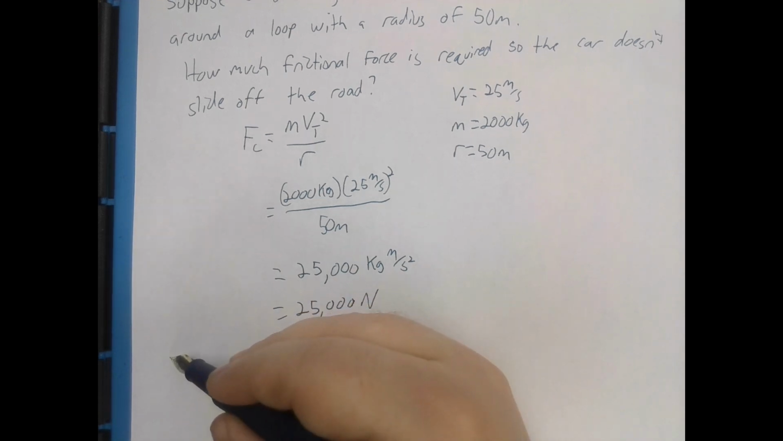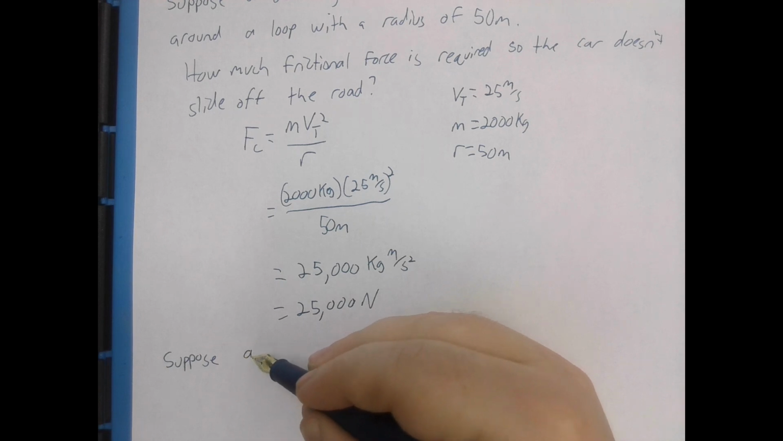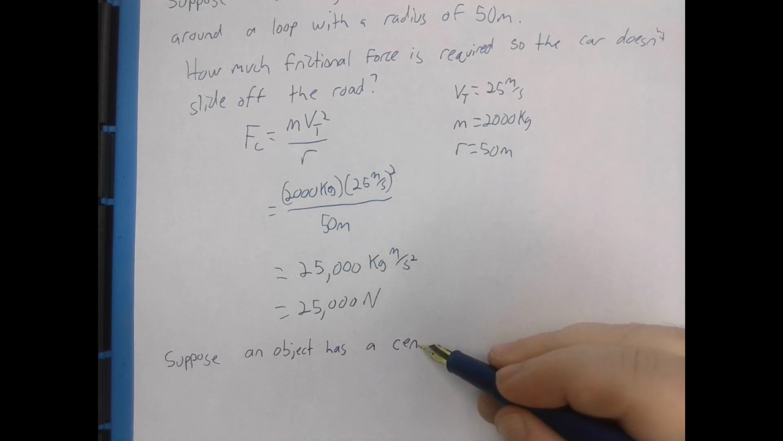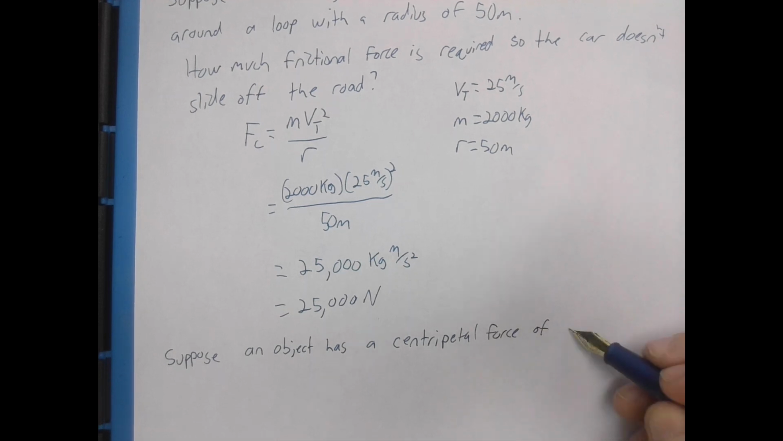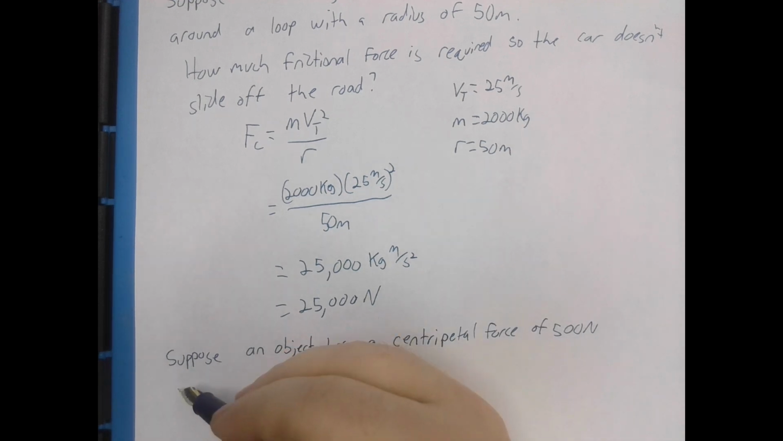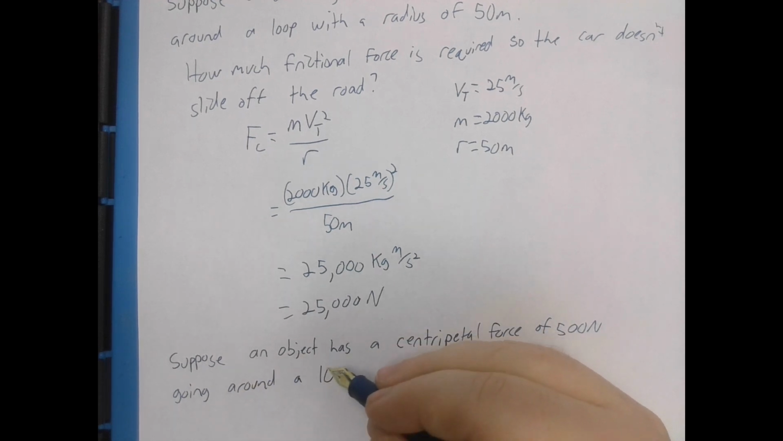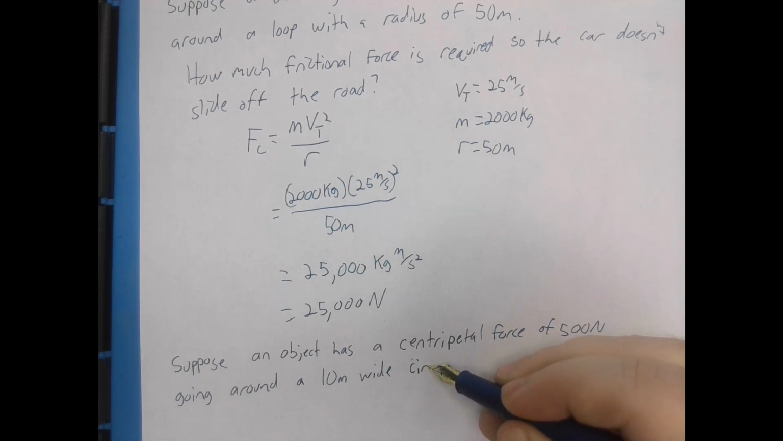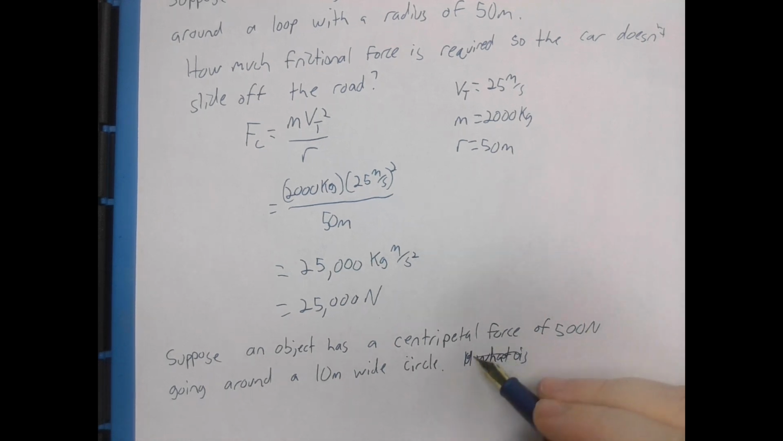So let's do another example. Suppose an object has a centrifugal force of 500 newtons going around a 10 meter wide circle. What, or I should say,